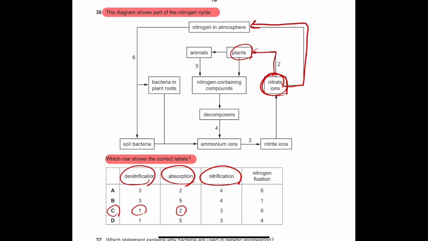Nitrification means it's the conversion of ammonium or ammonia to nitrite or nitrates. So 3 refers to nitrification, and nitrogen fixation is the conversion of nitrogen gas into the nitrates or